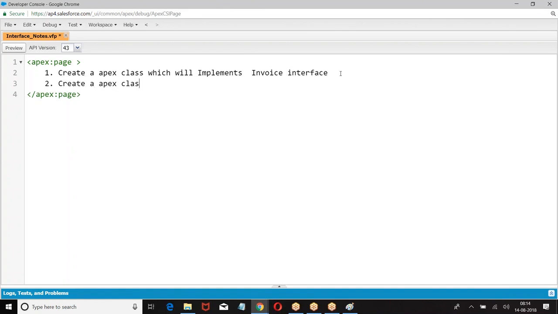Create an Apex class which will implement my service interface.